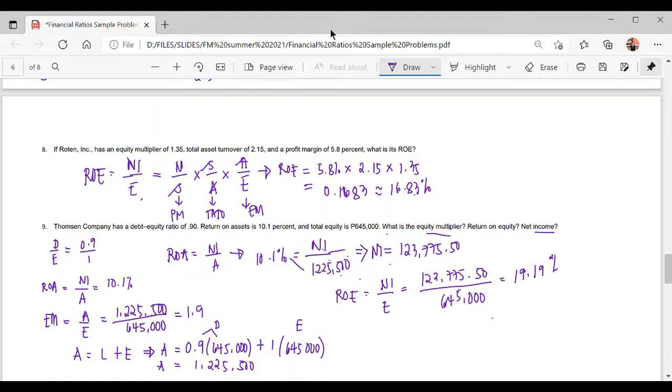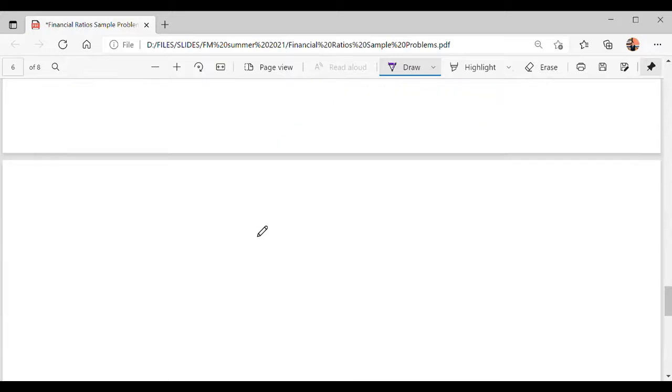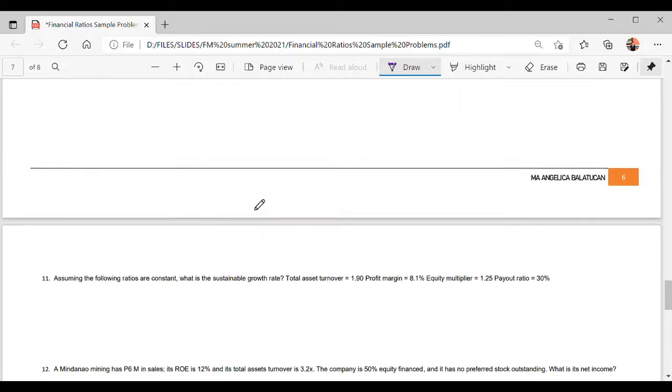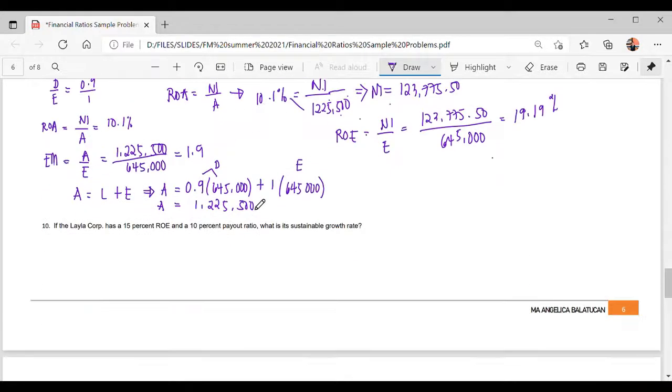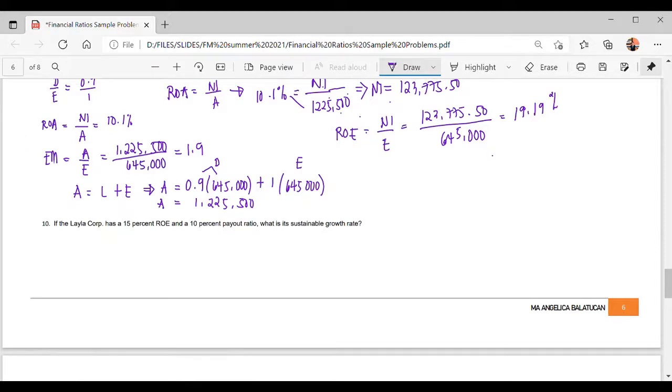Okay, let's proceed with the next question. We're done with the Y3K. So we have, okay, Layla. What is the sustainable growth rate? I think this one is easier because there are no trick questions here. You just follow the formula for sustainable growth rate. What is the formula for the sustainable growth rate? That is